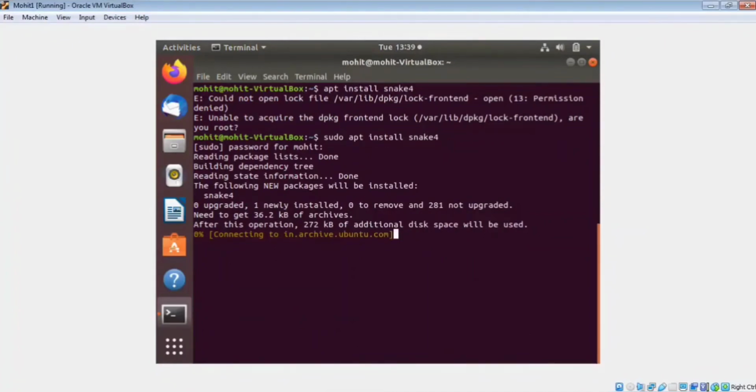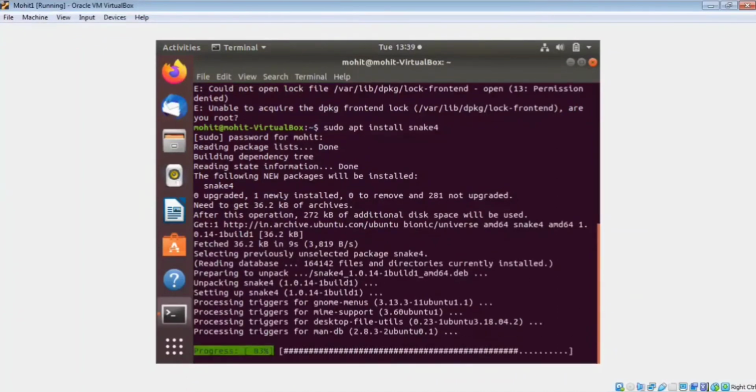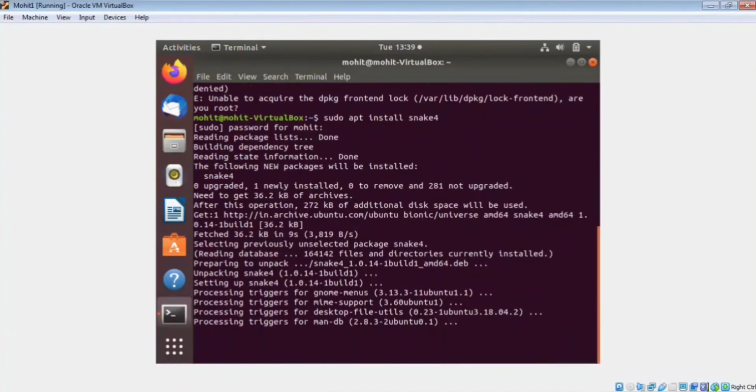So installing Snake 4 packages on Ubuntu is as easy as running the following command on the terminal. So wait for a minute. Okay, I think my game is installed. So let's check where it is.